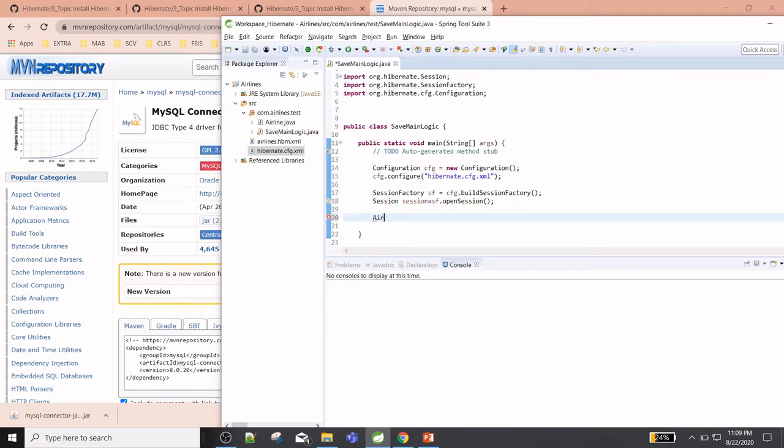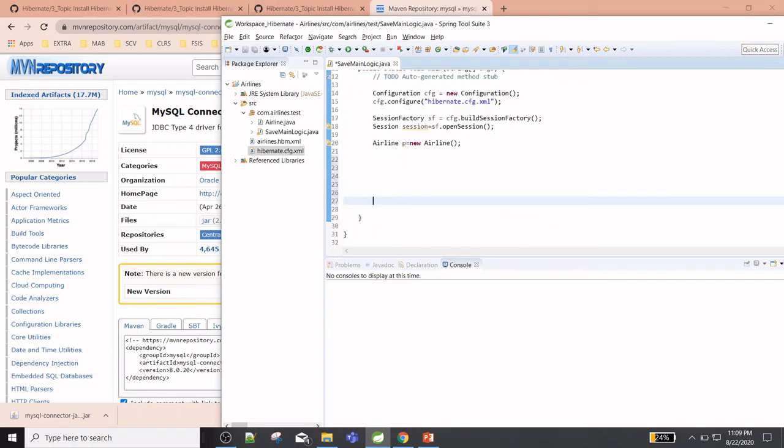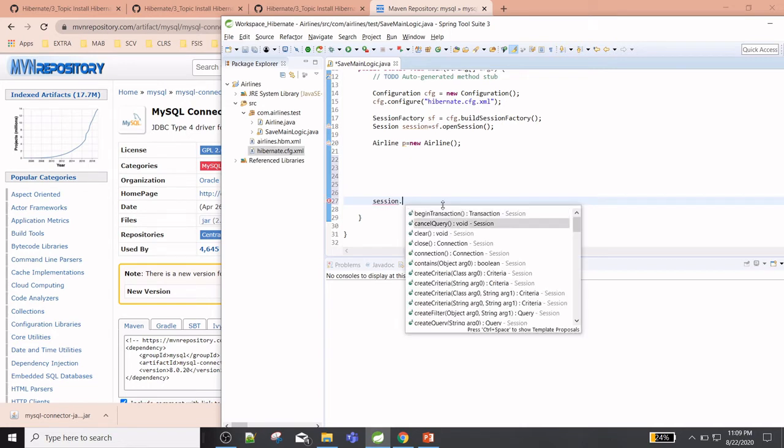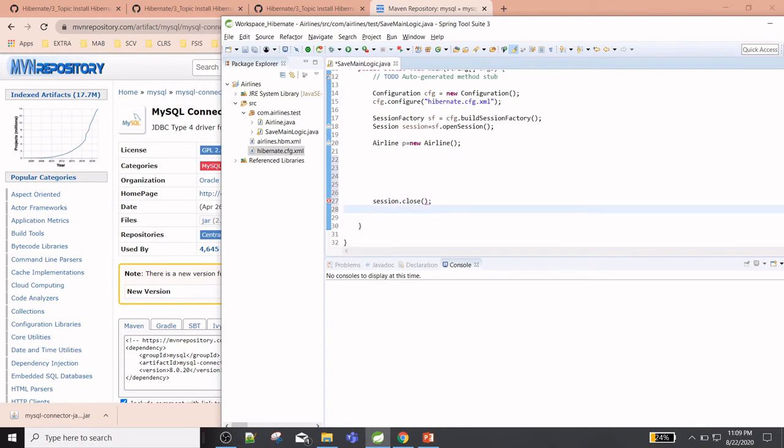Create the airline object. This is the thing, and we need to close the session and the session factory: session dot close and session factory dot close.